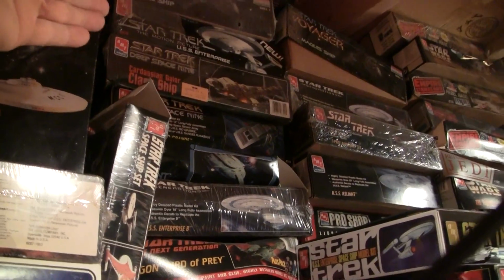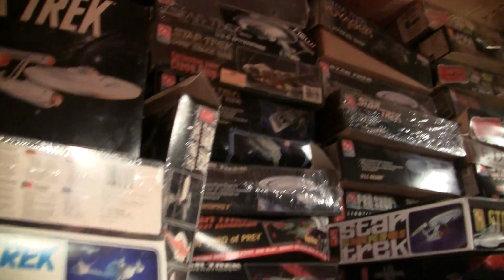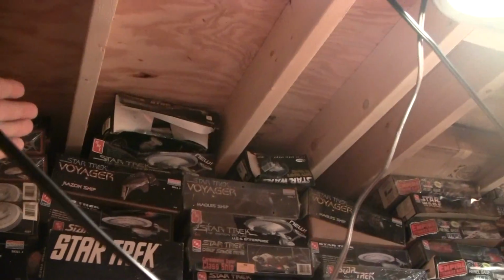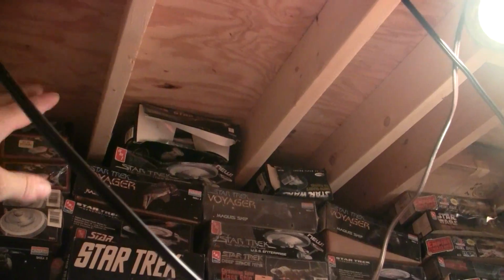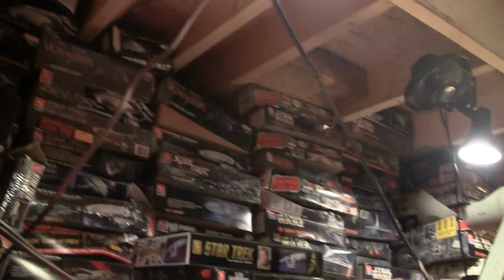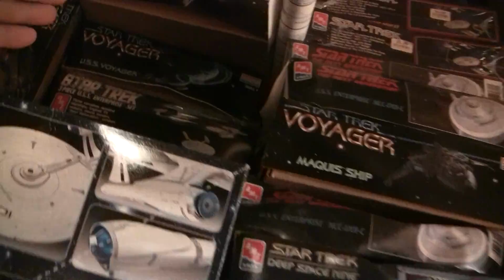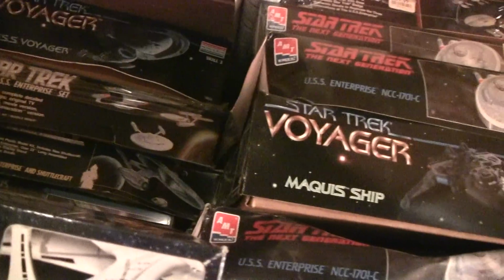Notice, at one time, you see the Toys R Us sticker. Toys R Us even sold models. But anyway, up there is the Klingon. It's the only one I have, and that's the Revell Germany one. I'd like to have the Enterprise to go with it, just to have the complete set. The three-piece set, a lot of people don't